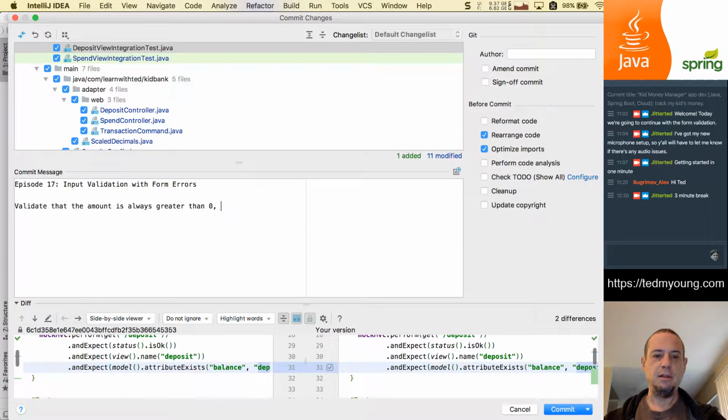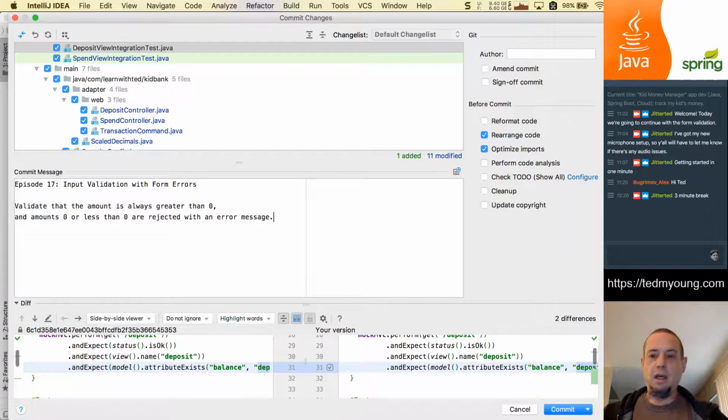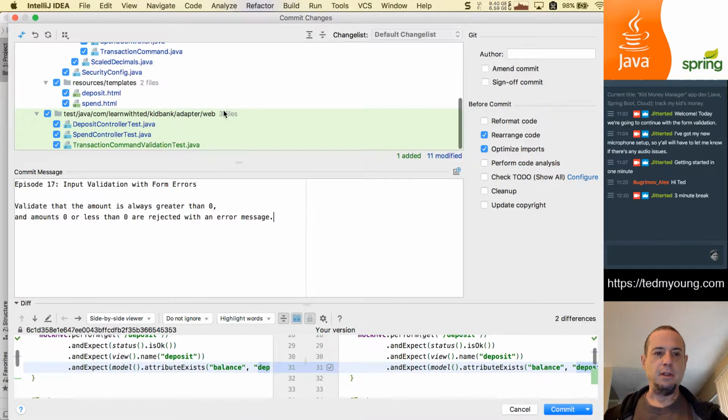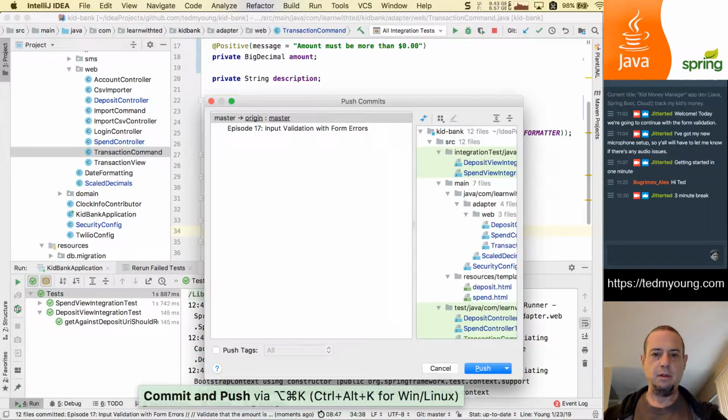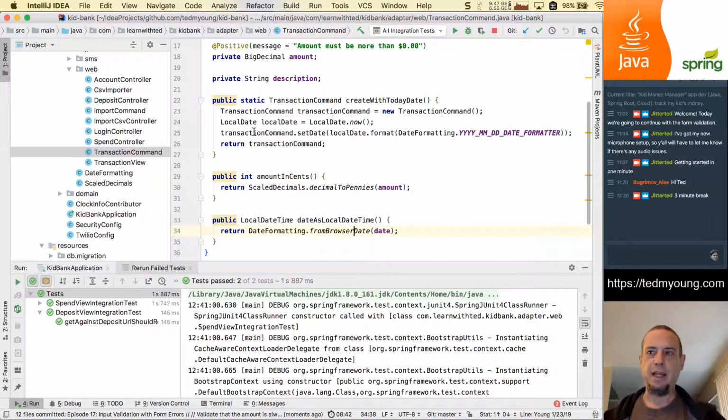And amounts 0 or less than 0 are rejected with an error message. This all looks good. I won't push it yet. Okay. And now,